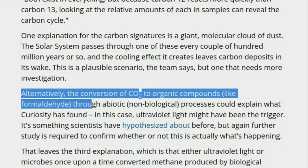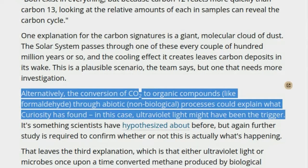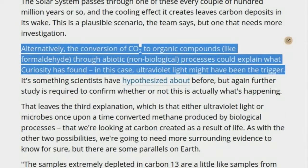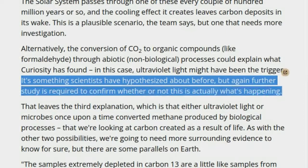Alternatively, the conversion of CO2 to organic compounds, like formaldehyde, through abiotic, non-biological processes could explain what Curiosity has found. In this case, ultraviolet light might have been the trigger. It's something scientists have hypothesized about before, but again further study is required to confirm whether or not this is